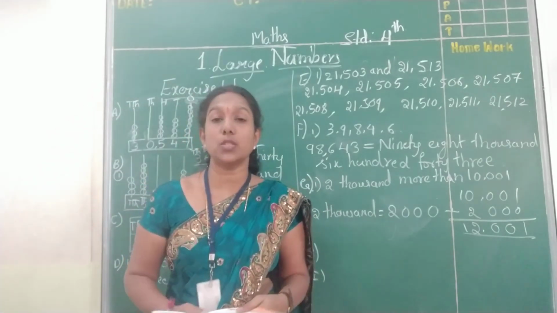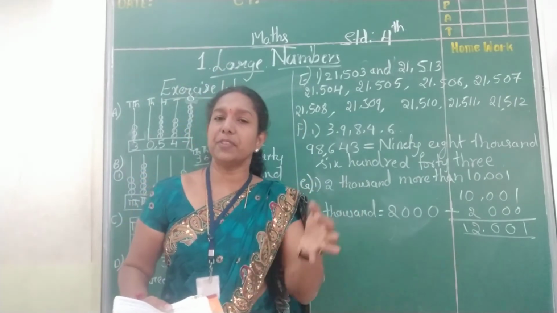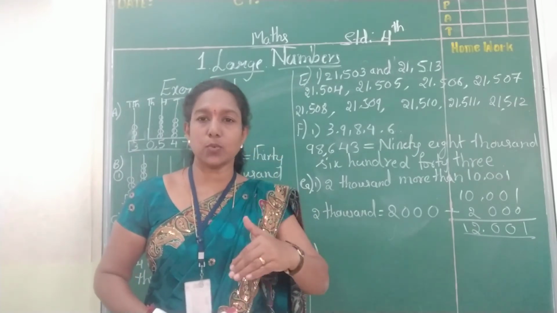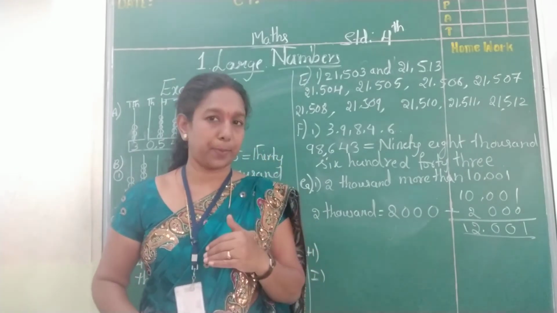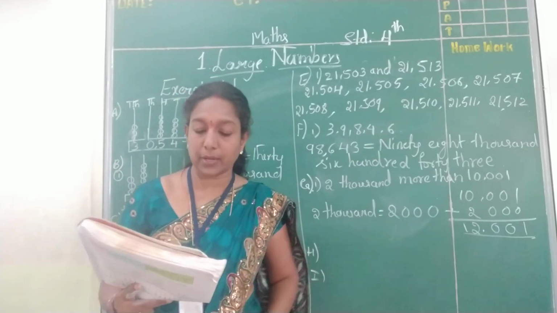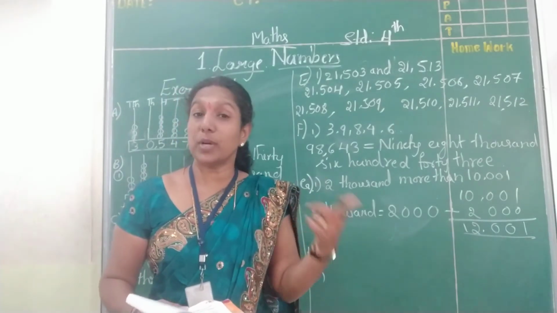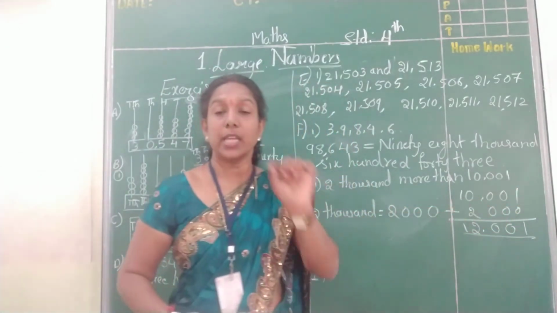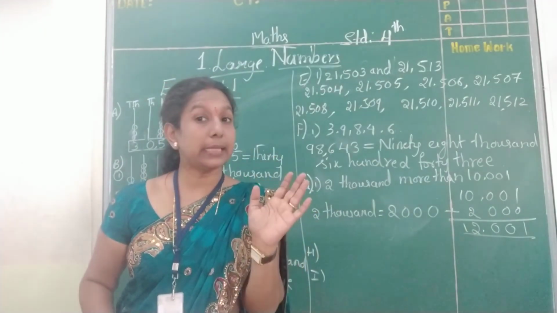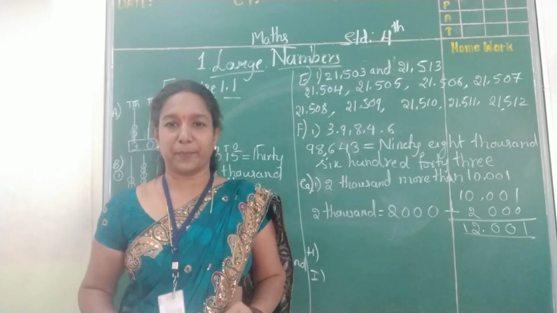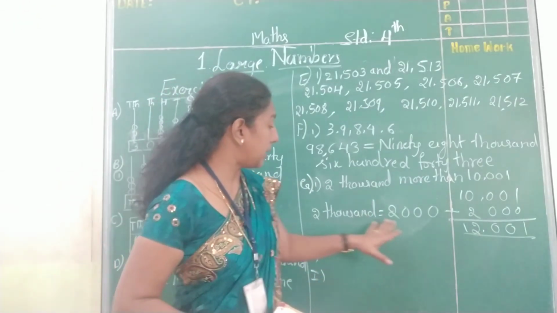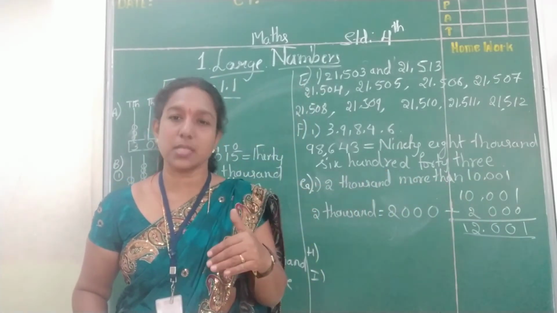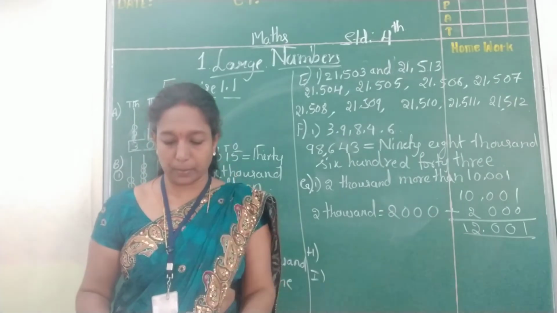Now let us come to like that. Here more than means what? You have to add. If they are given the less than, what you have to do? You have to subtract. Less means we have to subtract. And like that, if they are given 5 ones, 5 ones means we have to subtract only ones, 5. In the ones place you have to write 5. Like that 6 tens means 60. Okay, so like that they are given 2000 means 2000 add here. More means add. Less means subtract. Okay, so this you have to remember.